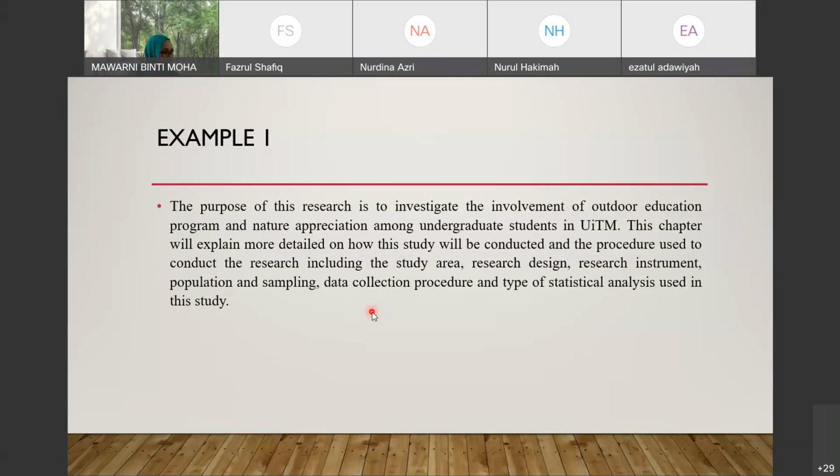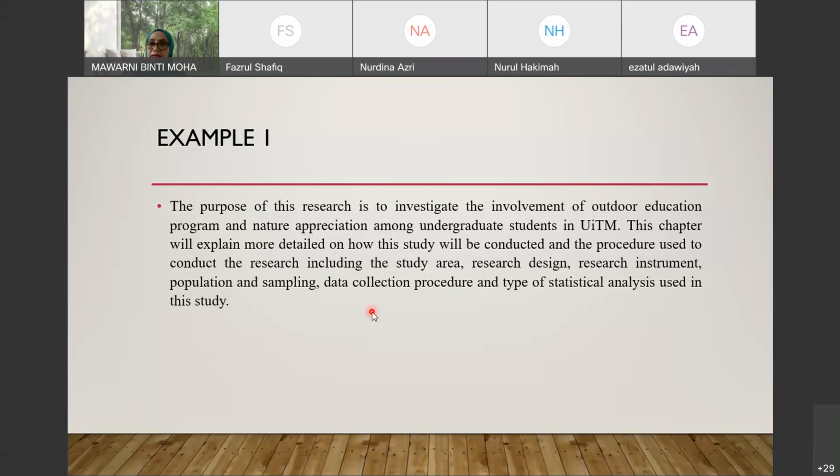Because I said just now, introduction tu kita ada the problem statement, purpose of the study, research questions, and maybe hypothesis if you have hypothesis. So, is there anything missing? Is it a good example or a good introduction? I think it's missing the hypothesis. Hypothesis is not mandatory, but if you have hypothesis in your research, then you can put it here. Tadi siapa tulis tadi? Chat.